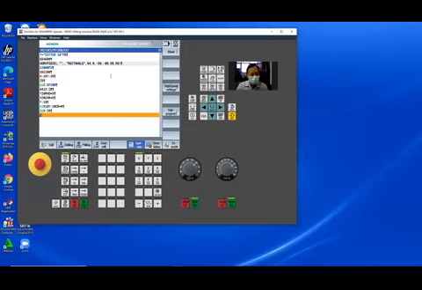After that G40 go to the Y minus 35. After that G0 go to the Z100, and then after that M30. M30 means end of the program. Enter.